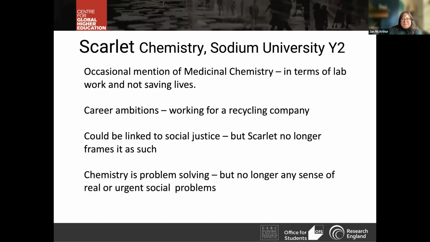Second year, there's the occasional mention of medicinal chemistry, but it's in terms of lab work and not saving lives. Her career ambition is now to work for a recycling company. That could be linked to social justice, but that's not how Scala frames it. Chemistry is about problem solving, she tells us, but there's no longer any evidence in the transcript of any urgent or real social problems. And then third year,